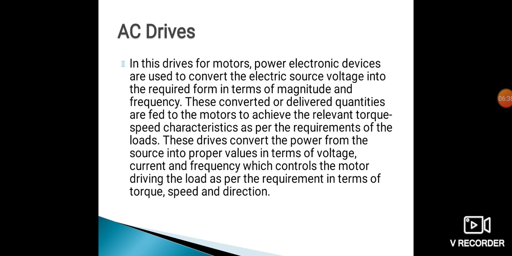The motor parameters such as torque and speed are sensed and then fed to the controller that generates the value of driving parameters of voltage and frequency. So the function of the sensor is to sense the speed and the load requirement, and according to the requirements the controller generates the signal. These signals are given to the power electronic devices, which convert the input power into the required value of current, voltage, frequency, etc.